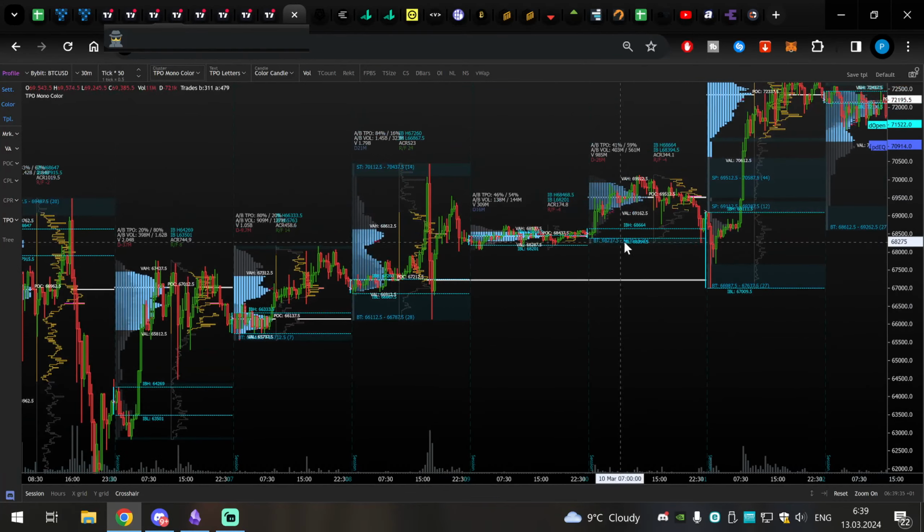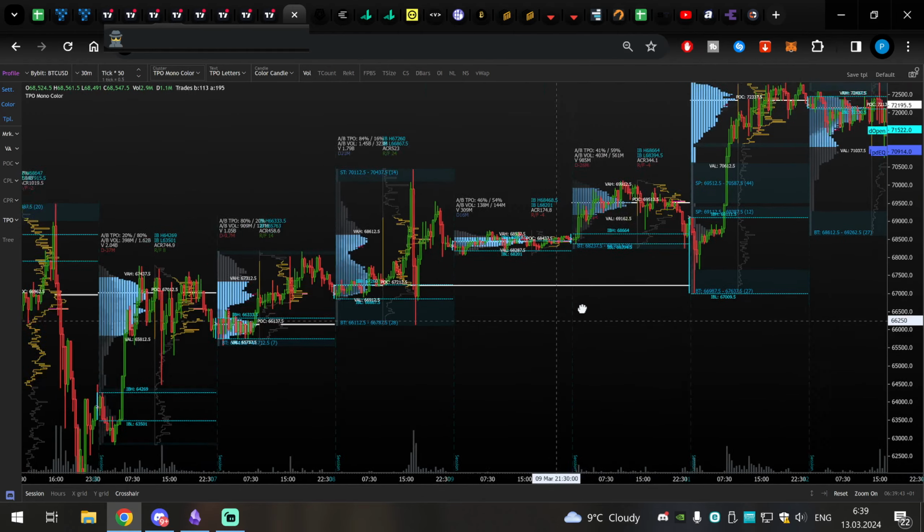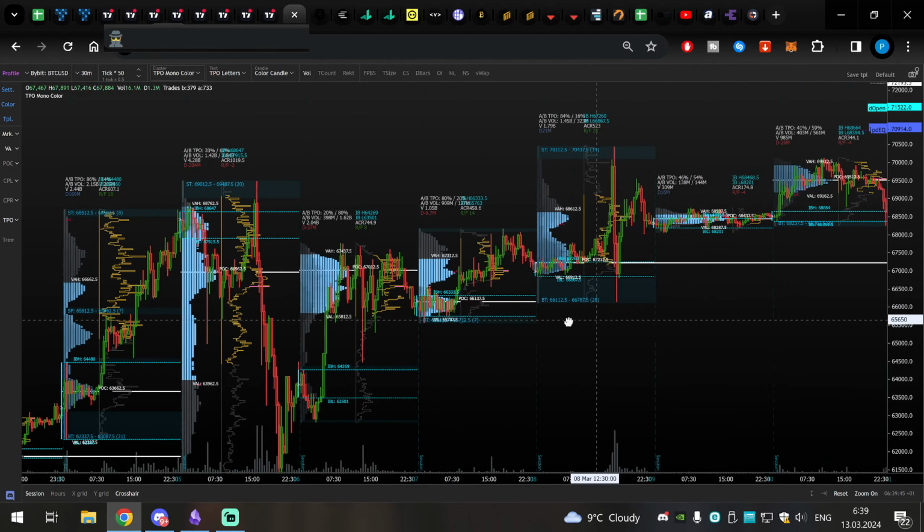I don't even need to merge, it's super obvious. So we had again market trading outside the range, and then it went for the main point of control of the range, and a big bounce to the upside. Yet again, let's go back.